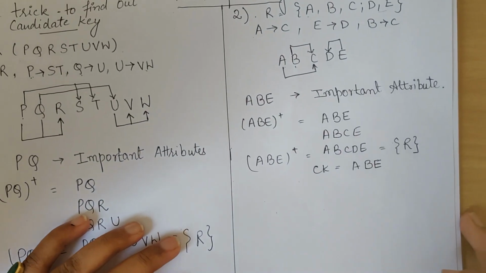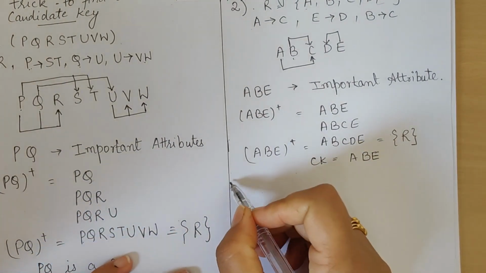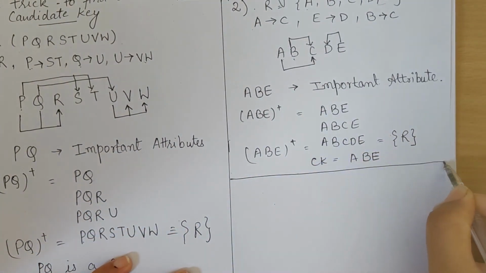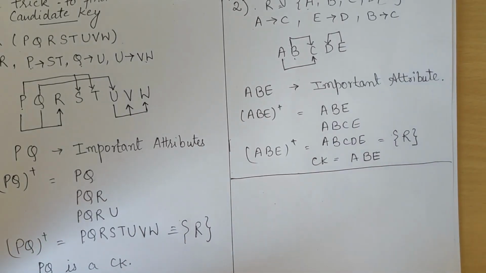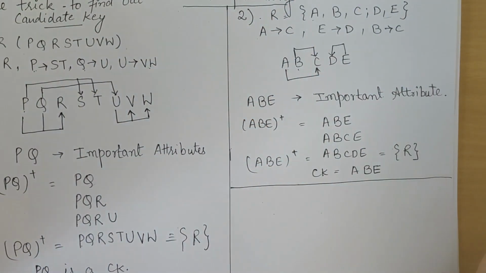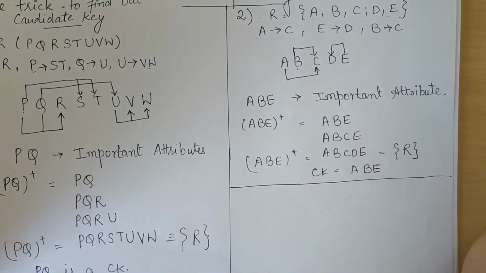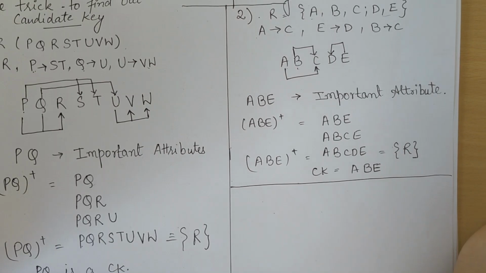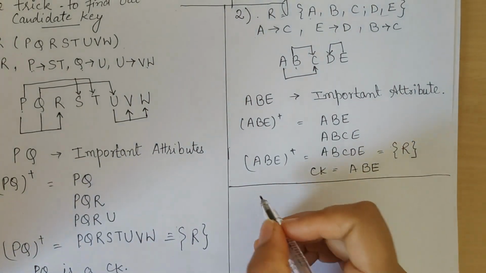So you can use any technique. It's just that this technique is short. When you are not able to find the important elements, then you have to go with the conventional way only. We cannot do anything else at that time, and your problem will be solved using the conventional way itself. Now let's take one more example and see.